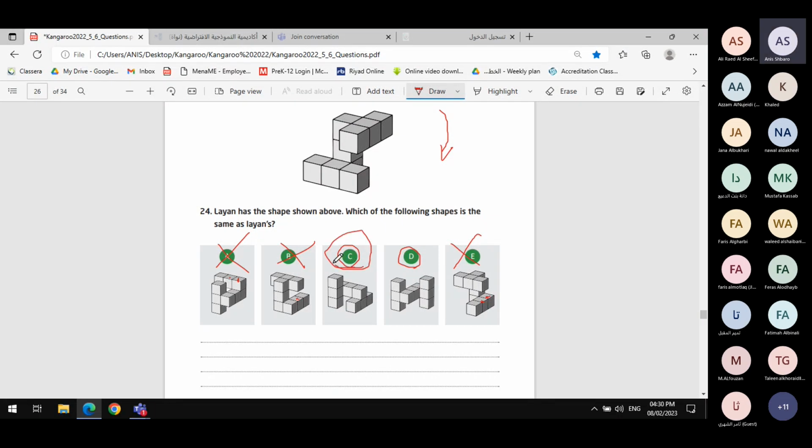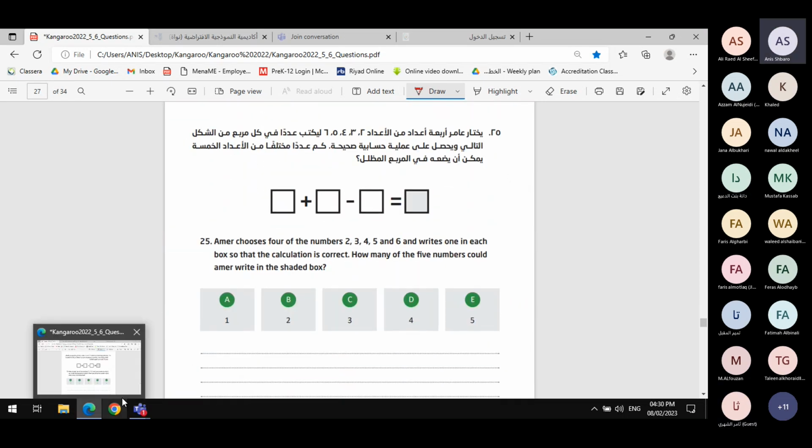Now, who has any question? I don't think we have a lot of questions here because it's like imagination. We must imagine that. Is it clear for all? Yes. Yes. Yes. Okay, so